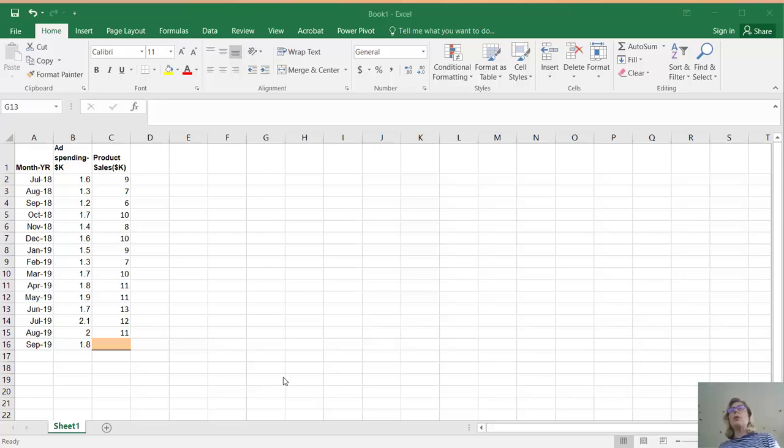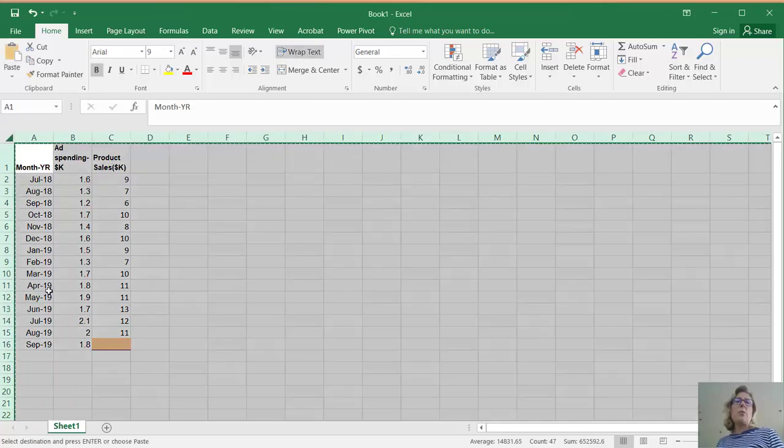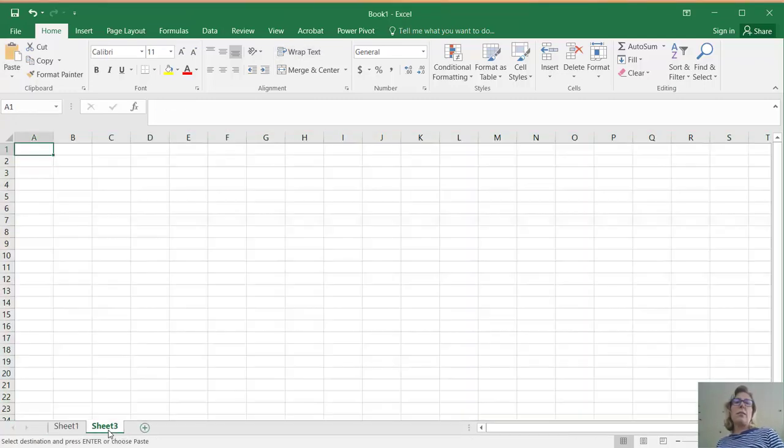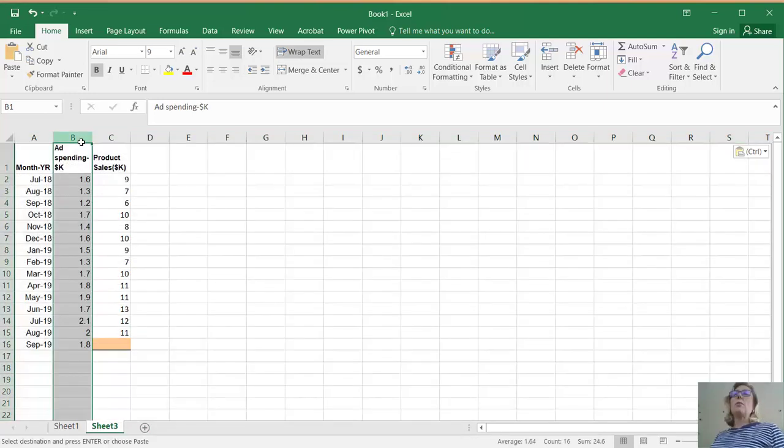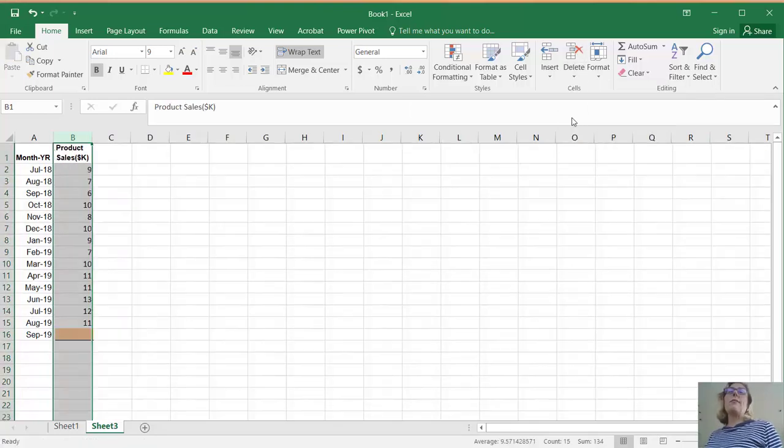What we'll do now is we're going to look at a linear trend. We're going to use time as the predictor for sales. The first thing I'm going to have us do is we're just going to copy all of this data over to another sheet. The reason why is for linear trend, we don't care about ad spending, so we're just going to delete it so we don't have to deal with it.